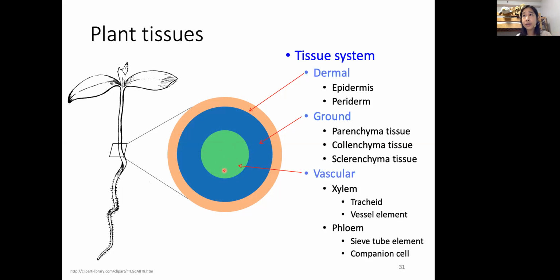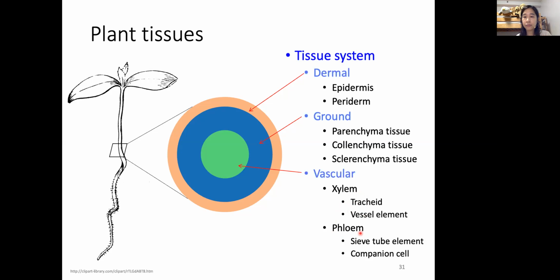We can divide the vascular system into two parts: xylem tissues. This xylem tissue can be composed of tracheid and vessel element as the two types of cells. Xylem transports water and minerals, and the other one is phloem. Phloem tissues transport sugar mainly, from the leaves where the sugar is produced